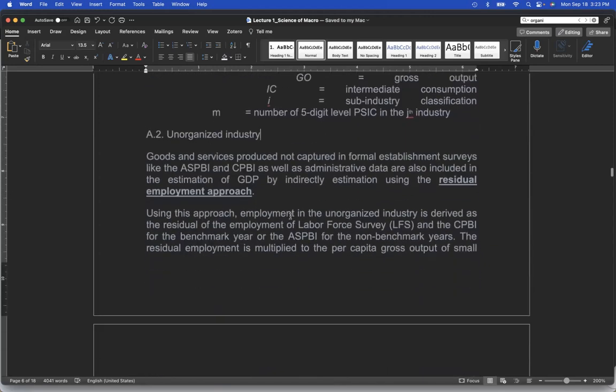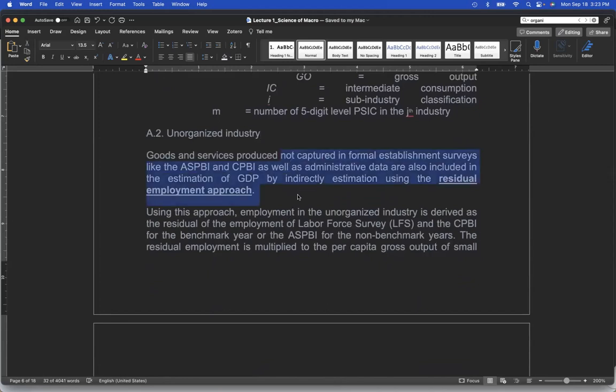Now, si unorganized industry, yun nga yung not captured by formal surveys. And how do we capture unorganized industry? Okay. First of all, why would we want to capture it? Because we know that the unorganized industry is large. Unfortunately, I have not yet determined how large it is. There is a paper by Bersales, and this is the only paper I know in the Philippines that sort of, back when Lisa Bersales was still the national statistician, she had a paper specifically on measuring or estimating the size of